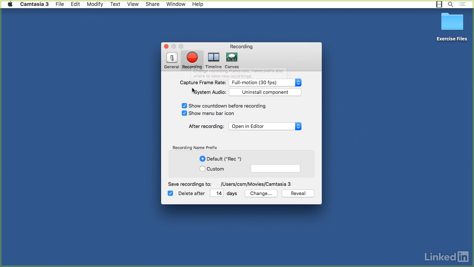Before making a recording, ask yourself, what will you be recording, and then select an appropriate screen frame rate. If you need to capture fast-moving animations or any video-based content that's displayed on your screen, including video conferences or games, then you may want to set the frame rate to full motion 30 frames per second. But be aware that by setting a higher frame rate, your recordings will take up a lot of hard drive